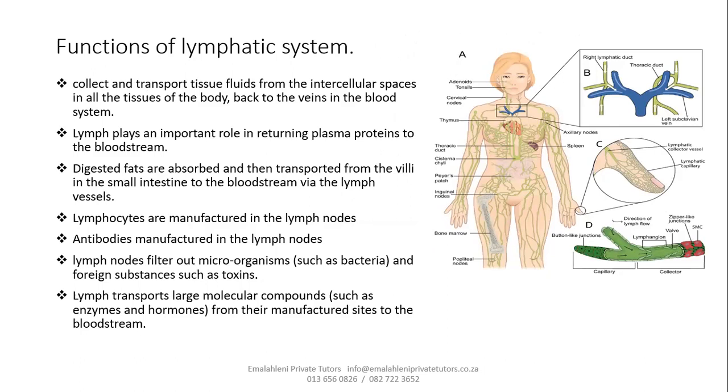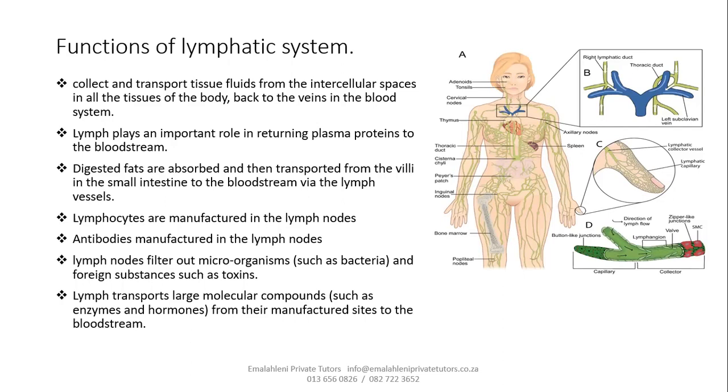The lymph plays an important role in returning plasma proteins to the bloodstream. Some of the proteins from the bloodstream are now between the tissues. Now, digested fats are absorbed and then transported from the villi in the small intestine to the bloodstream via the lymph vessels. Lymphocytes are manufactured in the lymph nodes, and lymphocytes, we know the white blood cells, actually defend